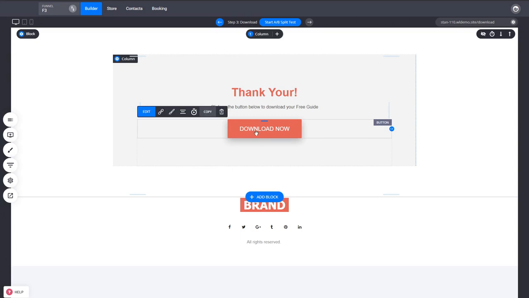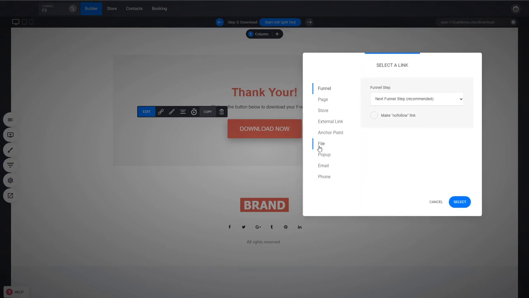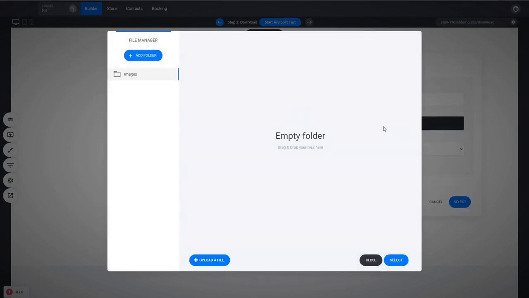So how do you do that? Basically, every button and every link for that matter, you can of course edit what the link is. In this case, you have the file as an option. So when somebody clicks on the button, a file will be opened or downloaded. From here you can select what file you want